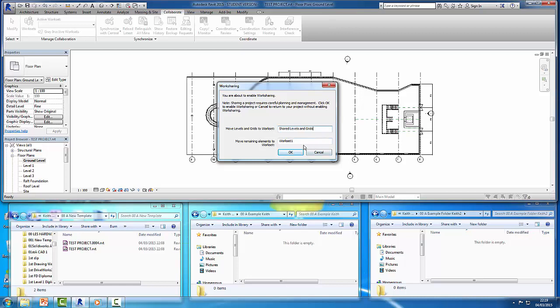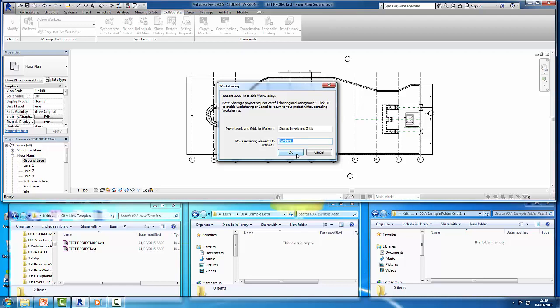That will share all levels and all grids within this exercise to the next project. Anything else that's attached with this drawing will, as I say, be moved to what we call Workset 1 within there. Now what you've got the ability to do is click OK. This isn't a very detailed drawing, so it shouldn't take long for Revit to convert it into